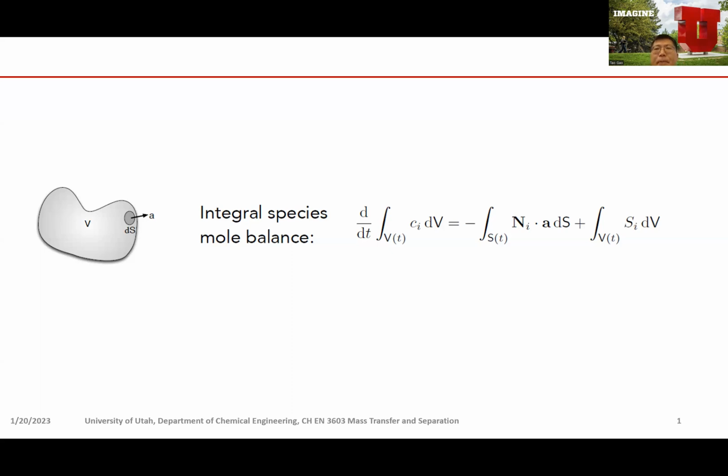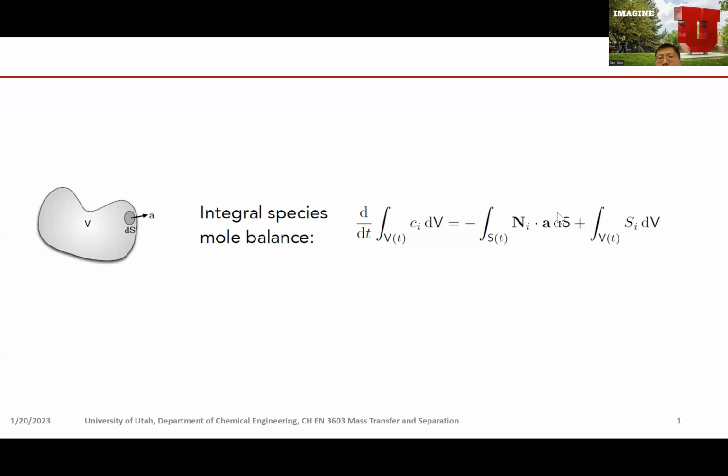Okay, take a seat. In our last lecture, we basically finished up mole balance. What we need to remember is this equation and the differential form of this equation. What mole balance says is that in the system we are studying, once we draw a control volume, the amount of accumulation of the species in that control volume equals two sources. One is net flow going into that control volume. The second is production,